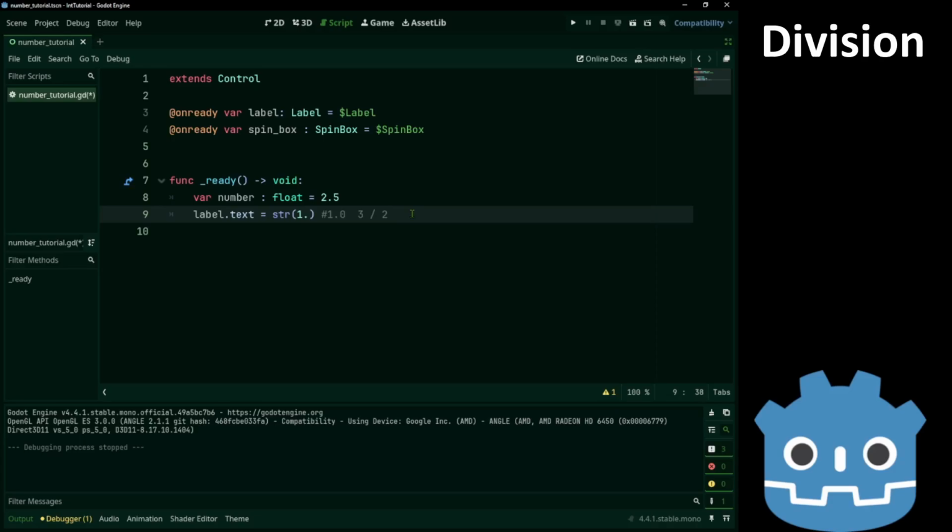However, if both are ints, the result will also be an integer. So the decimal part goes away. If we turn 3 to a float, the result is float, so we get the actual value. It depends on whether we need the quotient of the Euclidean division or the actual division.